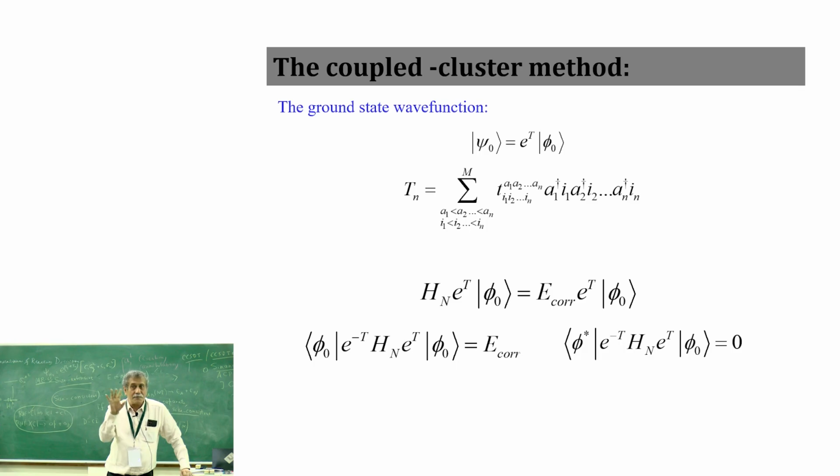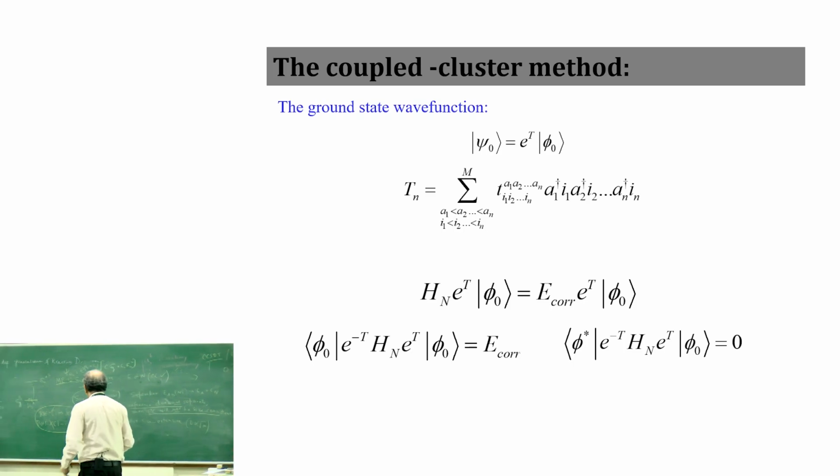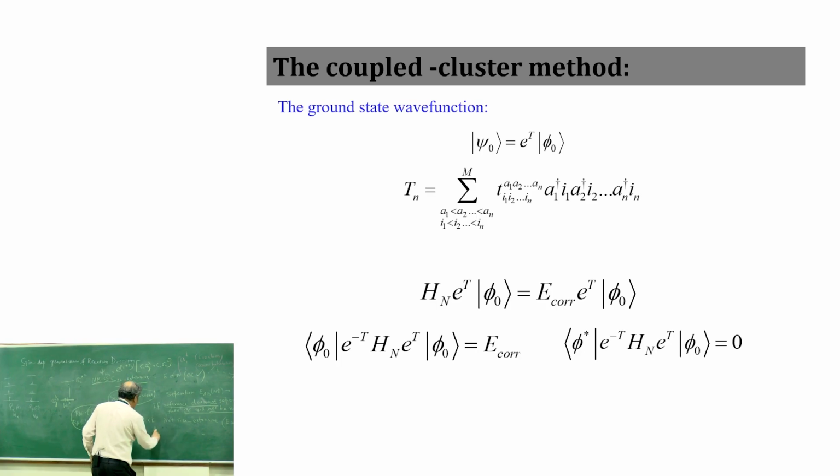Whereas size extensivity is easier, because you are not talking of fragmentation, you are not talking of separation. People actually worked on this a lot, and that is why coupled cluster has been very, very provocative. So I explained that with the H2 dimer.